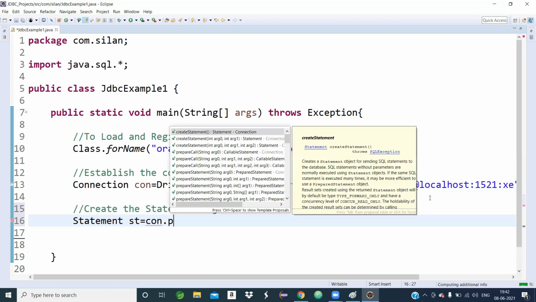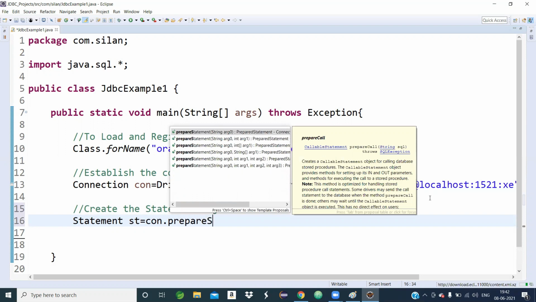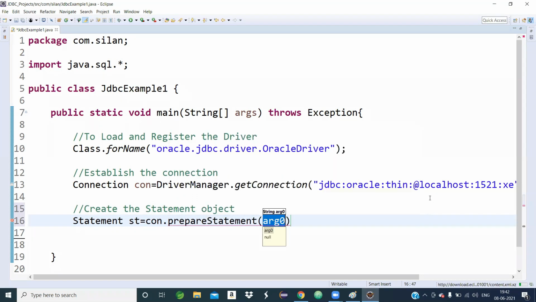con dot, there is a method prepareStatement. Otherwise, in this way you can write. I invoked the method by con. So tell me, what is con?